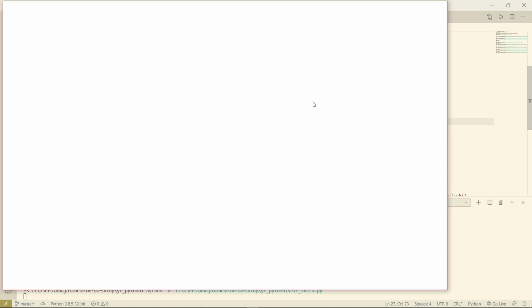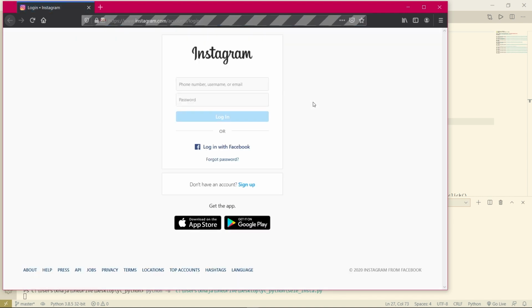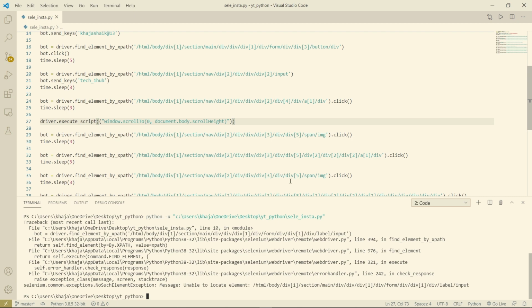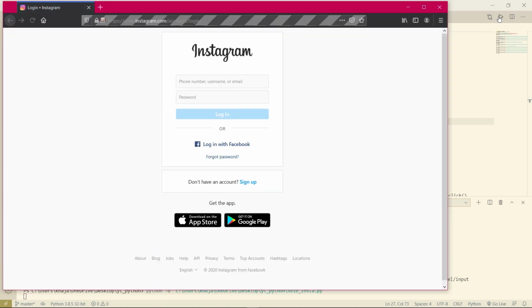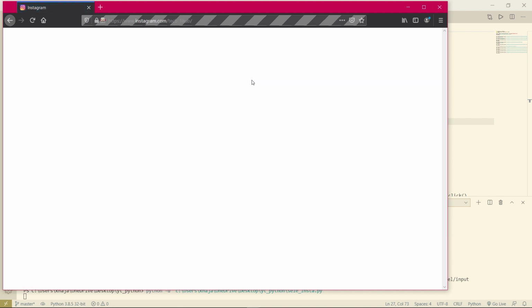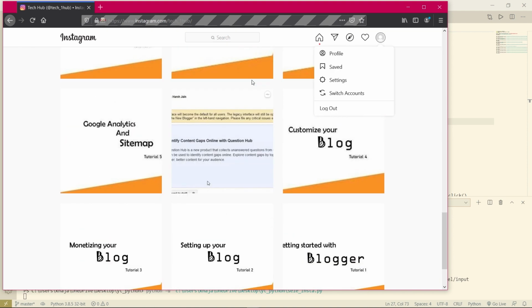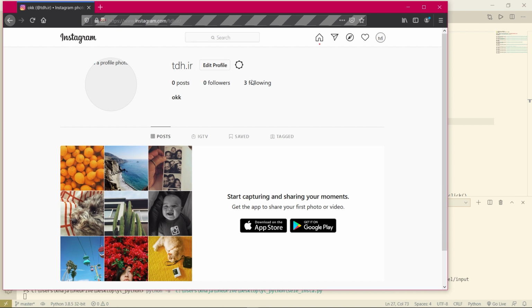Okay, now after opening our Instagram page, it has to scroll to the end of that page. Okay, something went wrong. What happened? So now it has opened the Instagram page. Now username, password, and then login. Then wait for 3 seconds. Now it clicked. As you can see, it has to scroll, but you can't see, right? It went very fast.